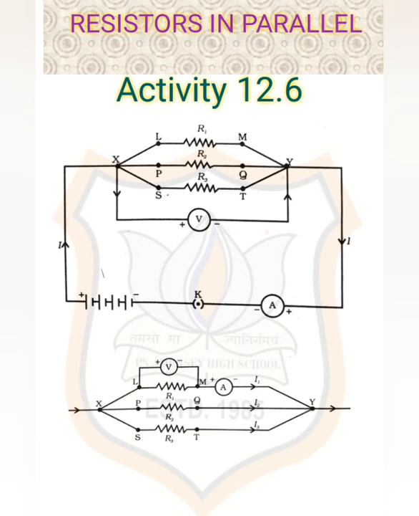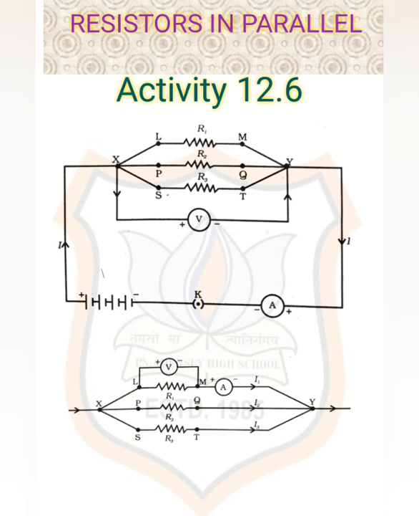So we can say that across the combination of resistors, V1 is equal to V2 is equal to V3, commonly called V. And the ammeter showed reading I1 when connected with resistor R1, similarly I2 when connected with resistor R2, and I3 when connected with resistor R3 respectively. So the relationship between I1, I2 and I3 will be I is equal to I1 plus I2 plus I3,